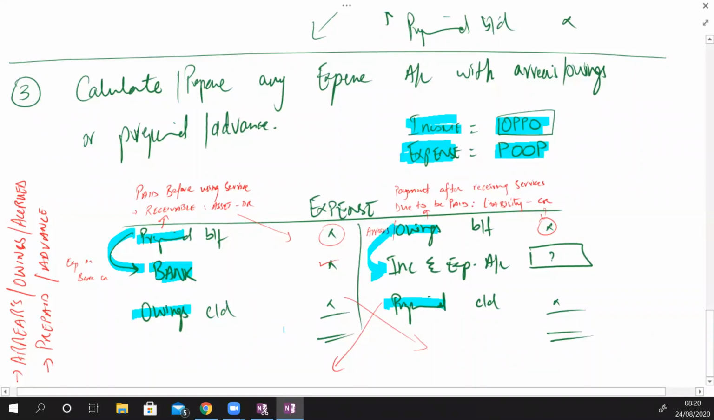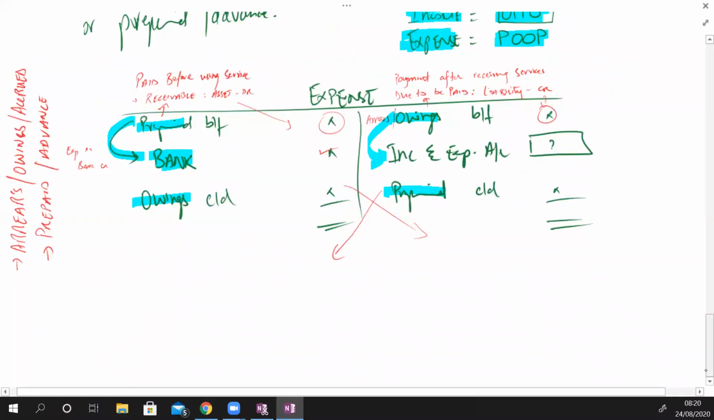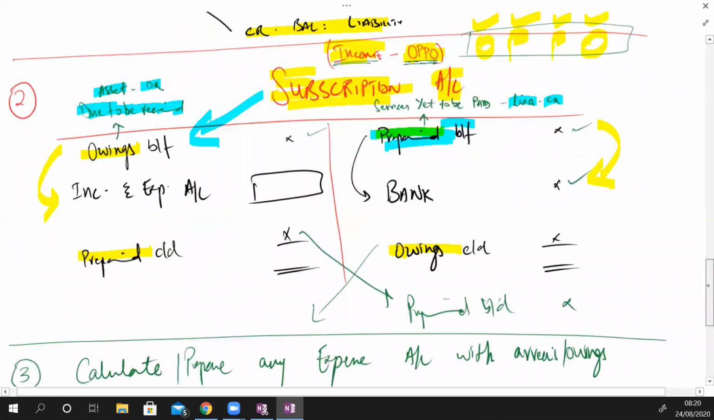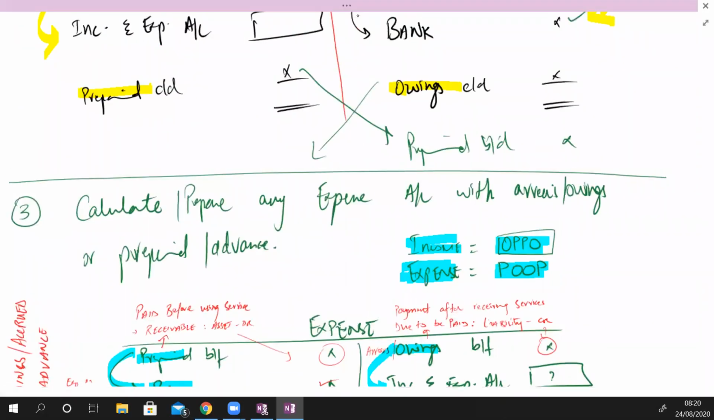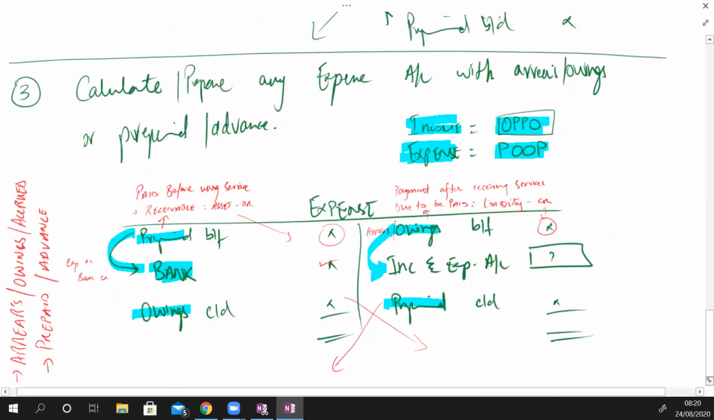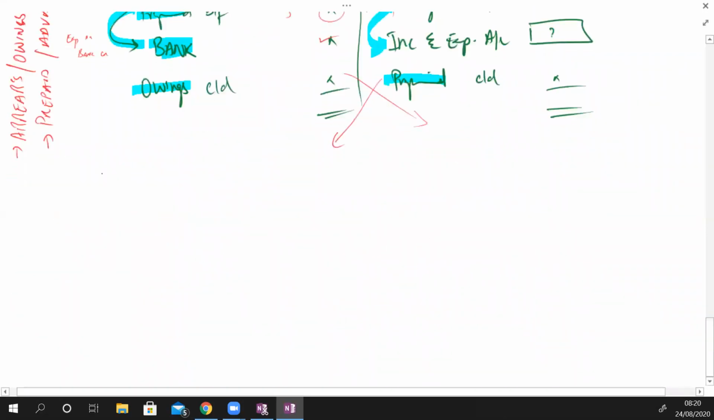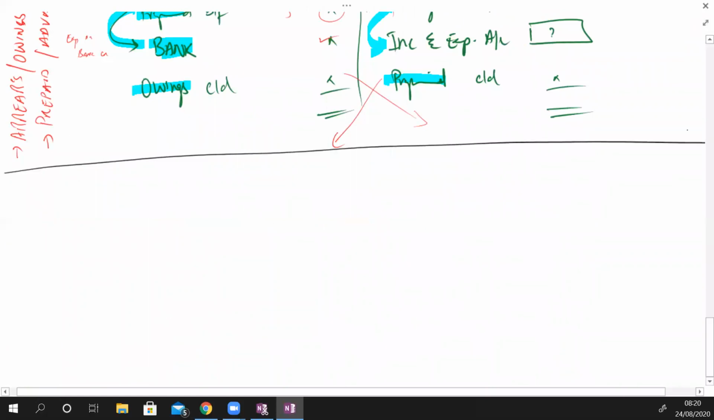ठीक है? Income account is prepared using OPPO, or expense account will be prepared using OOP. ठीक है? So this was step number 3. Okay, so this was actually the revision of the last session. Now the step number 4 will be